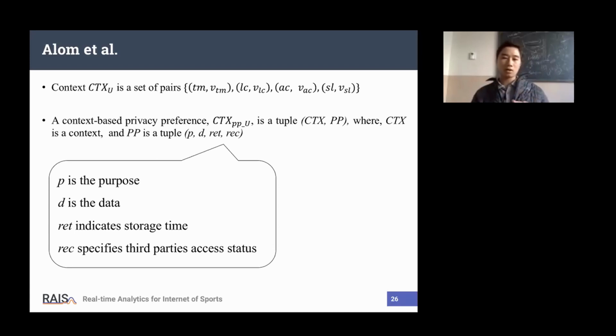They just say something like, I will store it for 3 months or 4 months, and after that I will remove it. That's it. And the last one is whether the service provider can share this information with another service provider, a third party, or reuse the information for another purpose. They also show this in the policy. It means the service provider needs to show all requirements in one accept request.